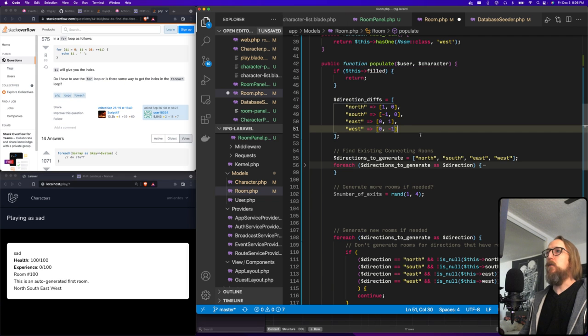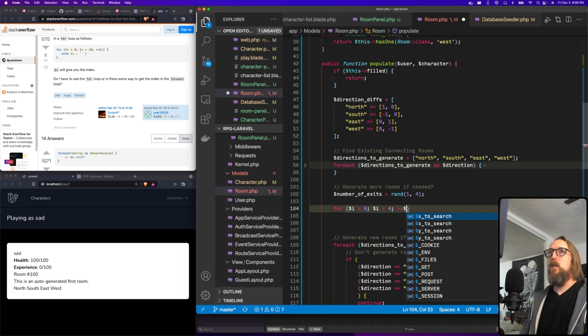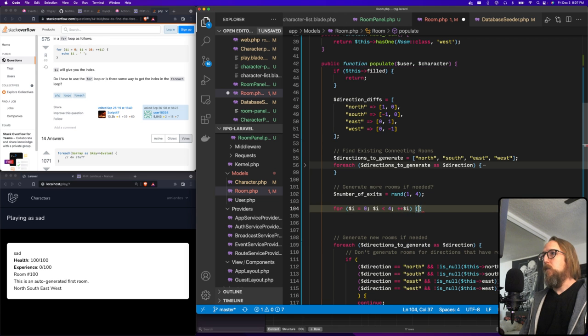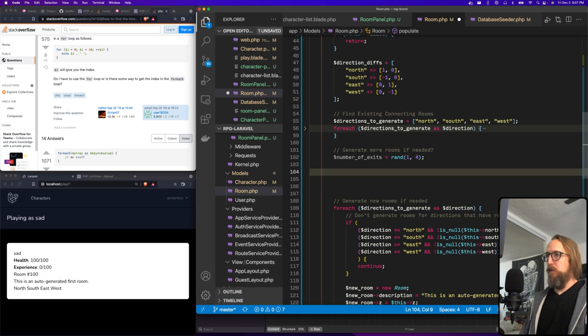Okay, so you can actually do a normal for loop. All right, we'll do for i equals 0, i less than 4, plus plus i. Is that even what I want to do? What I really want to do is I just want to say if this north